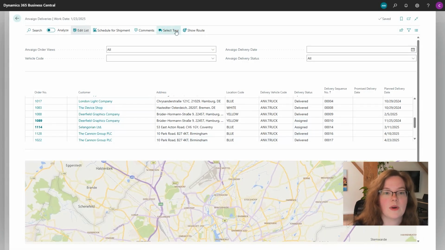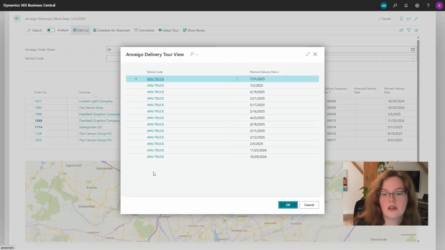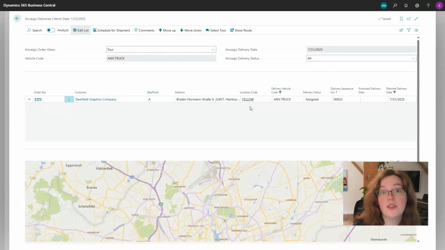So I can always go and say, all right, I want to select a particular tour. I want to make sure I've got everything for tomorrow. I only have one delivery here, but I can always go ahead and move a delivery up and down in the route if I want to make sure it's delivered before another one. A customer needs to be handled with priority or before 10 a.m. as compared to after 5 in the evening. All of that I can handle here directly in my deliveries overview. From the back office, that gives me a better idea of how I should be working with my deliveries and how I want to handle everything. And on the user side of things, on the mobile app for my delivery driver, they know exactly when everything should be handled and handed out to the customers.